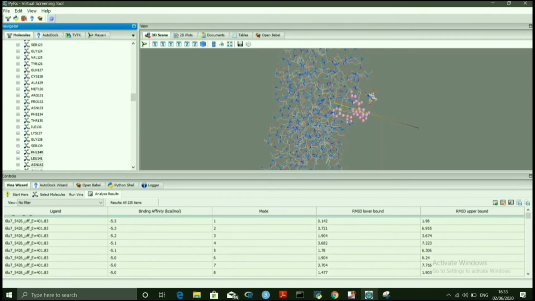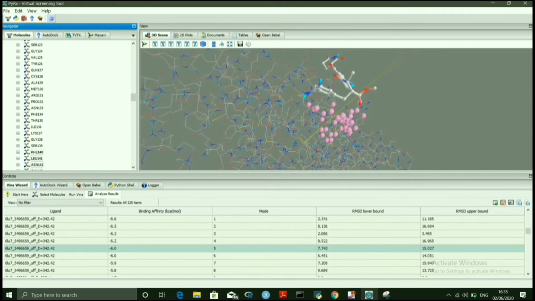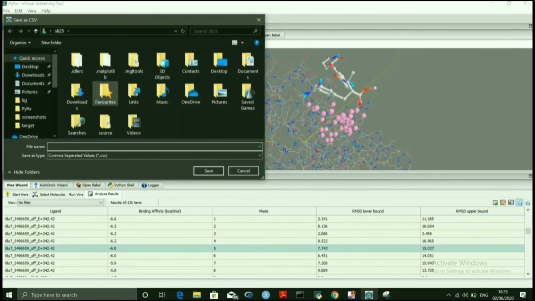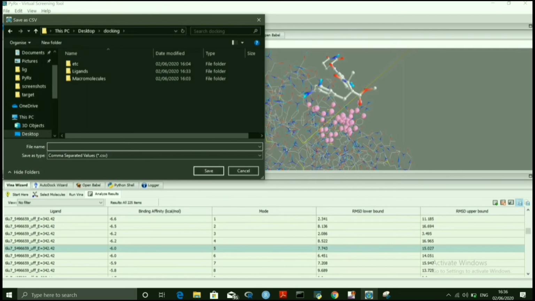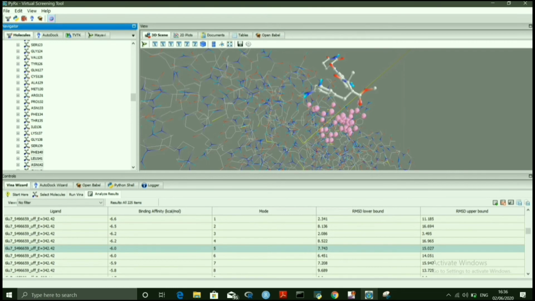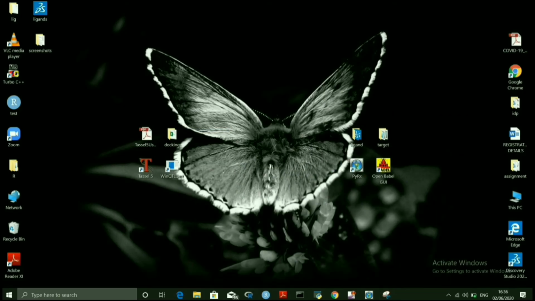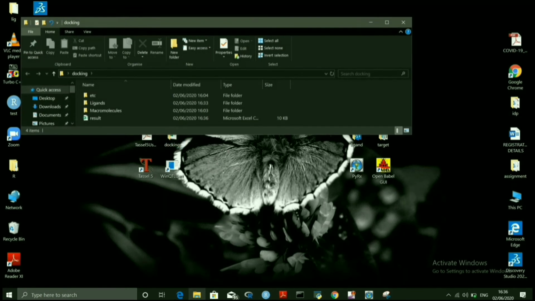You can save in CSV format by clicking options on the right side. Give a name for your output file, select a destination and click save. Open the docking folder, and there you can find your result.